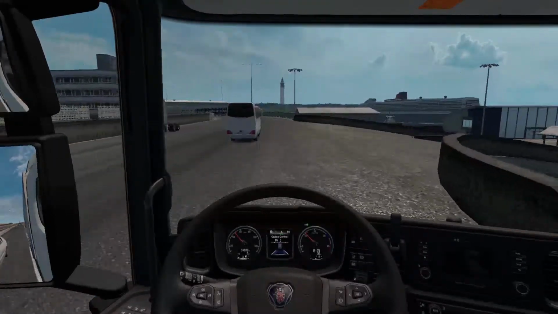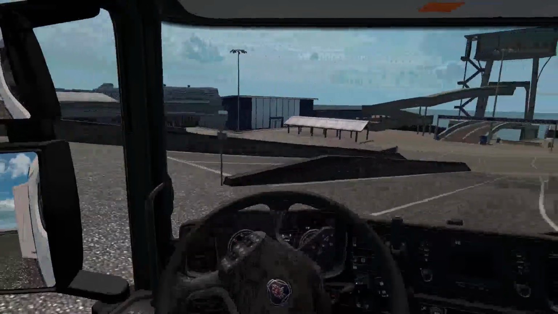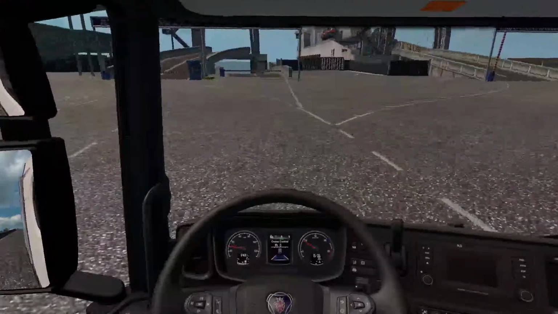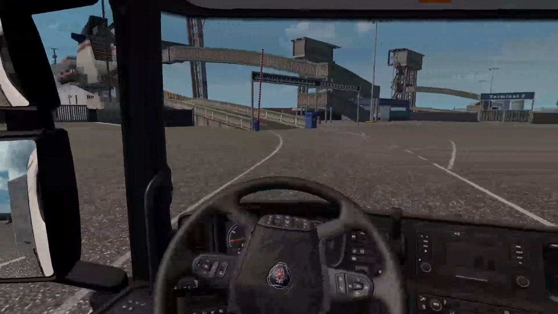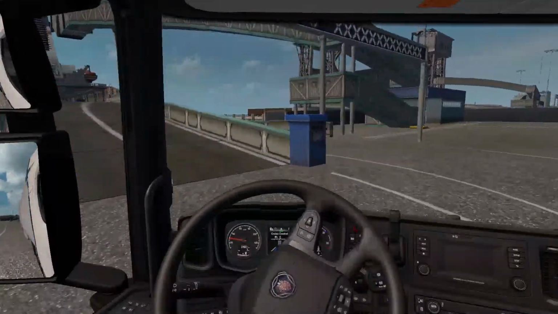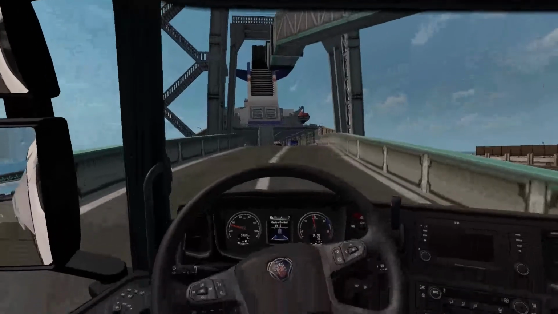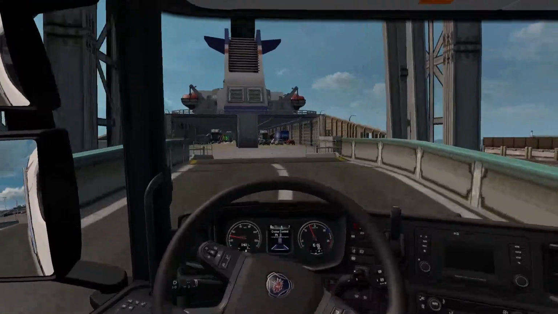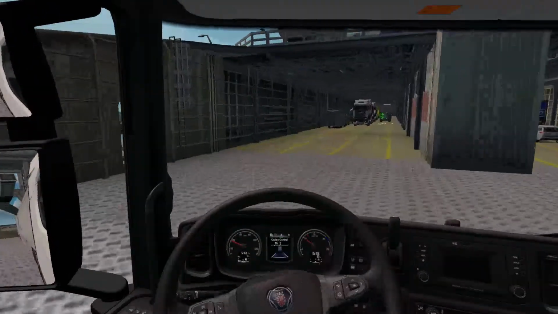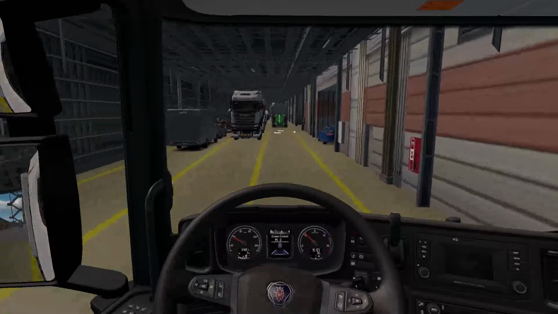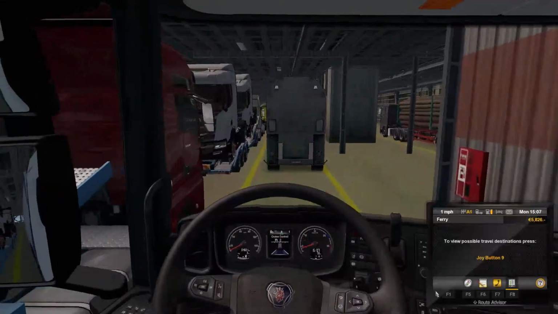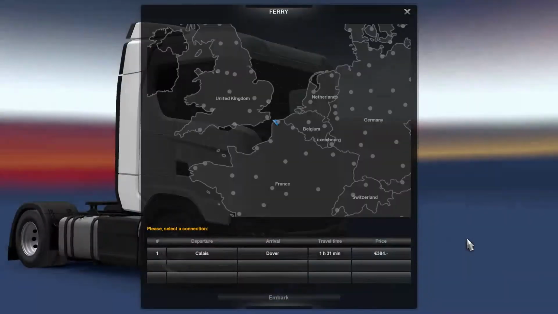Just entering now the ferry port. And we need to head over to whichever one has its thing open. That's that one there. We'll slow down so I don't hit the thing on the ramp. Lovely. And this is our ferry here. What I find really stupid is that the Calais and the Dover ports are basically identical in this game. So this is our parking spot here. We're parking right next to a truck transporter as opposed to a car transporter.